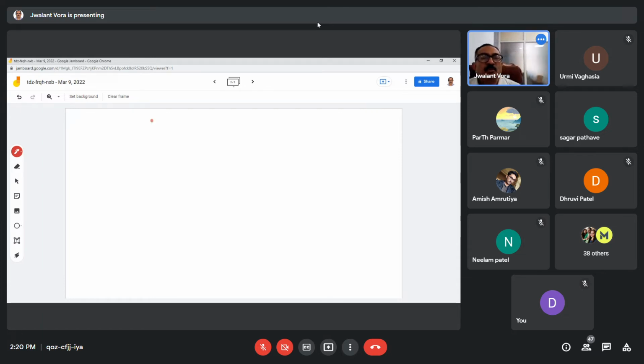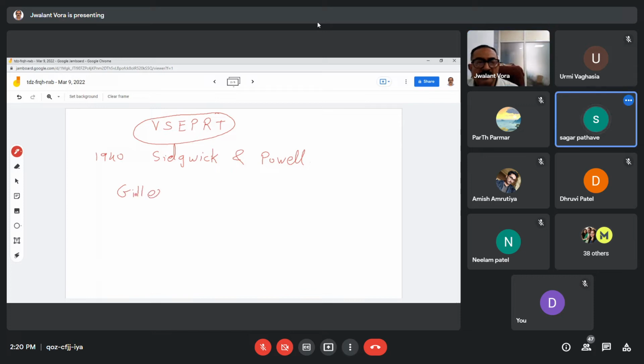Okay. Valence shell electron pair repulsion theory, VSEPR. Initially, it was developed in 1940. It was developed by Sidgwick and Powell. Further, it was developed in 1957 by